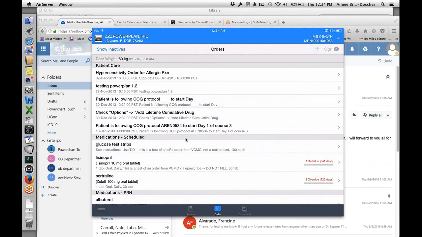How well do those work? Say I created a note on Touch and then went over to my Cerner, would the note pop up with everything that I've currently saved in Cerner? Yeah. So if you save it, every once in a while they're doing an update or something like that, and there's a cloud delay. But most of the time you hit save, and then you might have to refresh your screen on the desktop. But once you refresh your screen, your note is there, and you can see everything that you have saved in